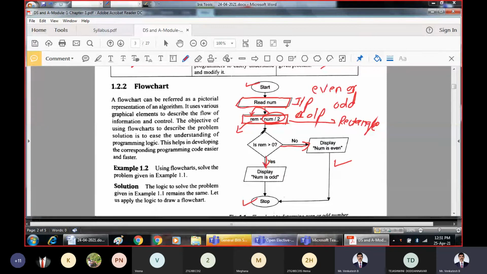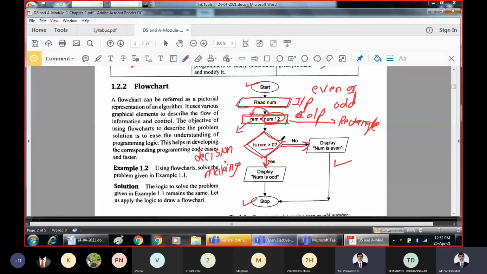That means this is rhombus in mathematical terms. What this rhombus indicates is decision making. Rhombus is used for decision making. That means when writing a solution to the given problem, if you have two possibilities of results for a single expression, then which result you have to follow is identified by using condition checking. That is in the rhombus. We are checking this condition: is the remainder greater than 0? True or false? If it is true, we will follow this path. If it is false, we will follow this path.